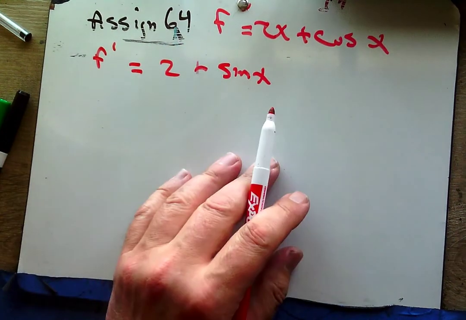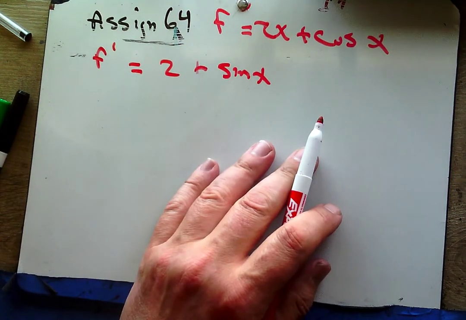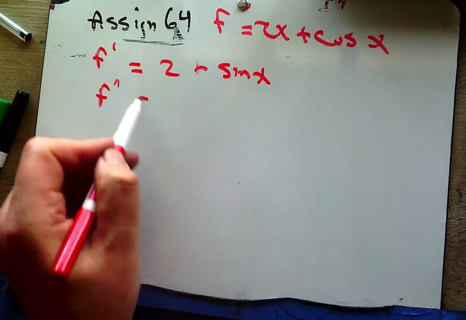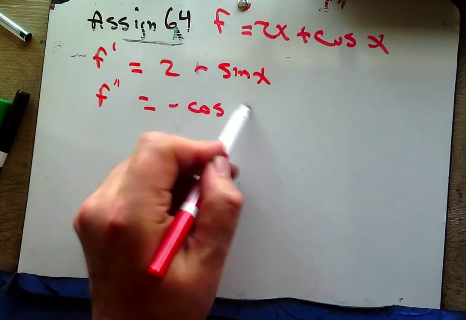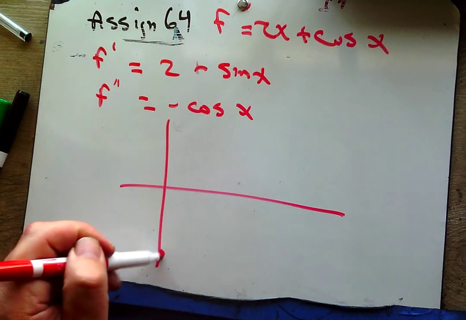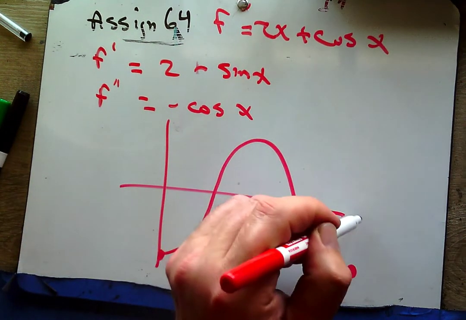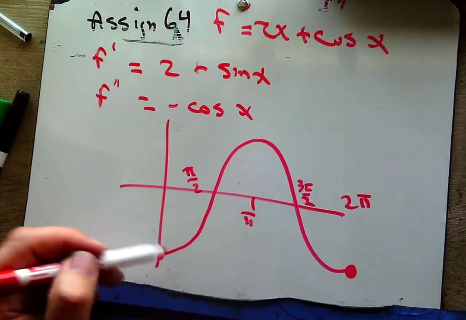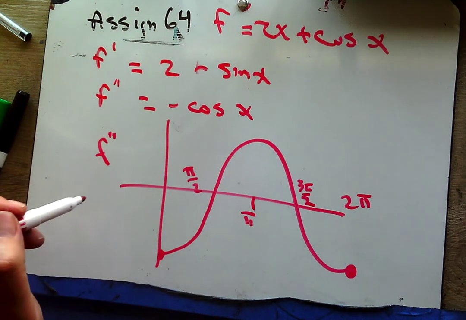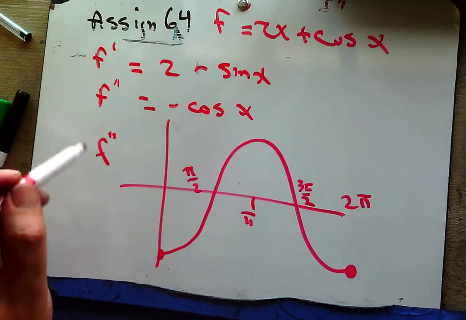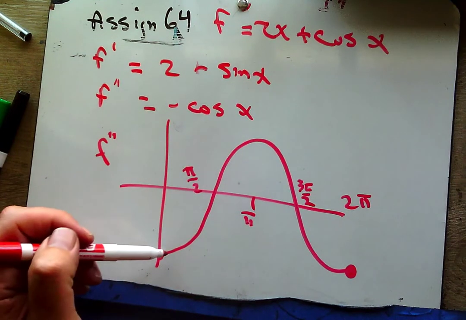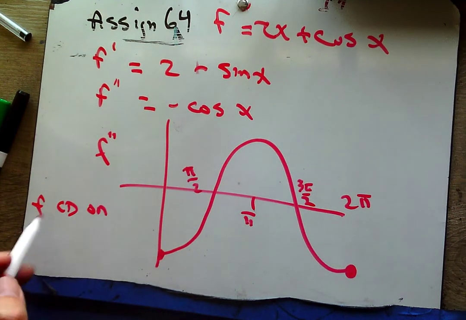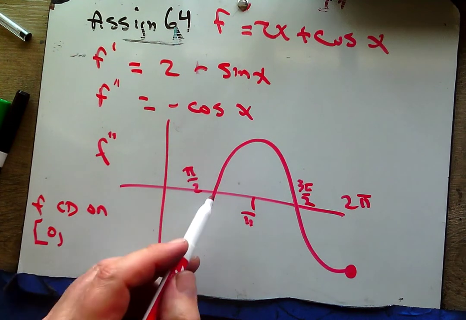But in order to do concavity, well, I guess I could do concavity by just looking at f prime. But really, I think it's so much easier just to find f double prime, which is negative cosine x. And take a look at negative cosine x on 0 to 2 pi. So here's our f double prime graph. And what can I know? Well, when f double prime is less than 0, f is concave down. So f is concave down on 0 to pi over 2